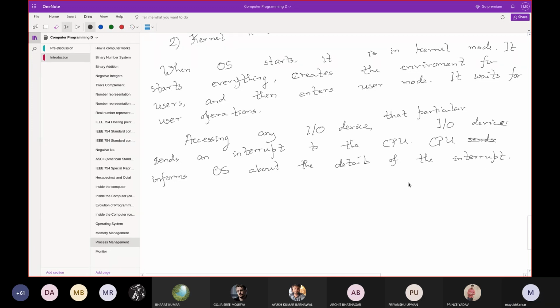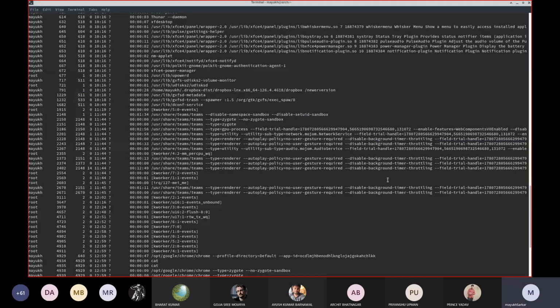That means which device has caused the interrupt. Every device has its own ID.